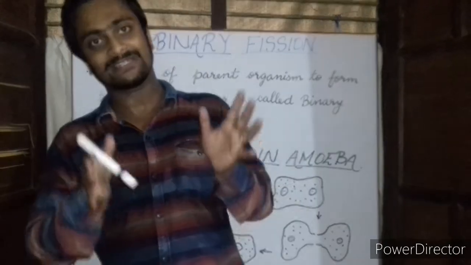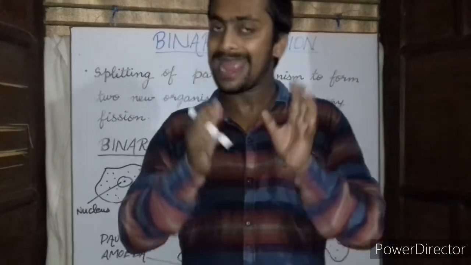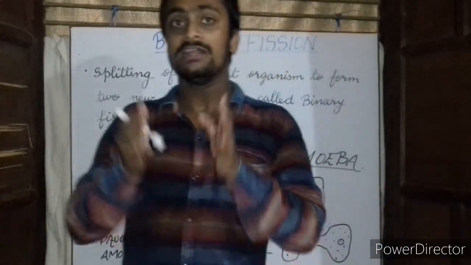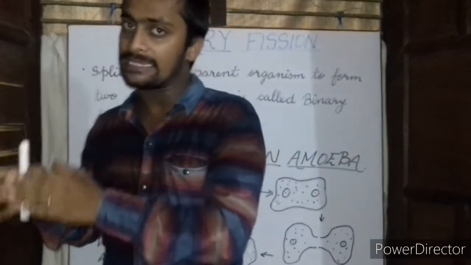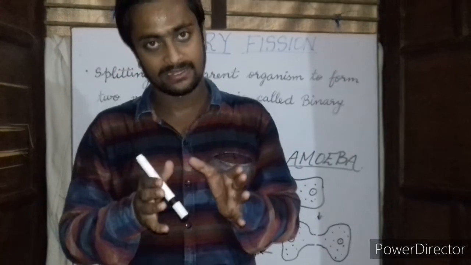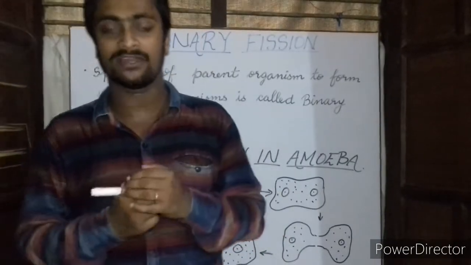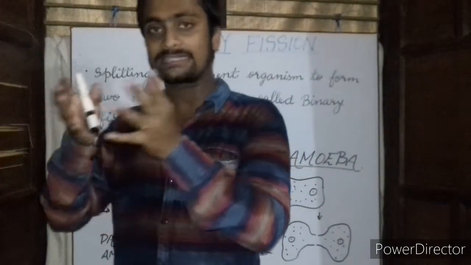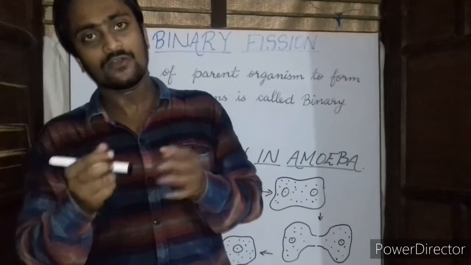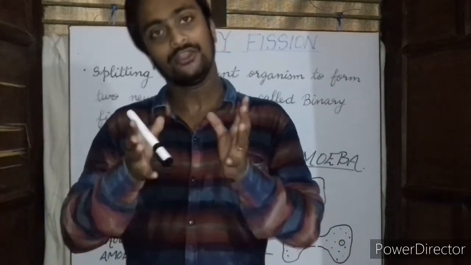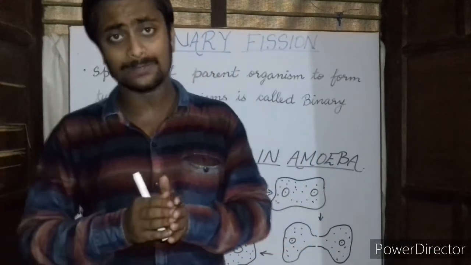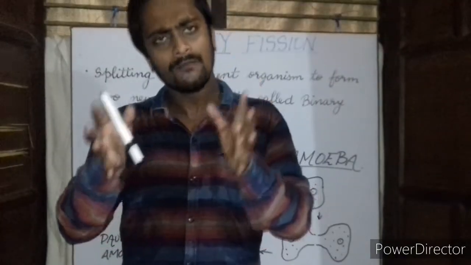Now, the process of binary fission in amoeba might take place in any plane. Paramecium also divides by the same process of binary fission, and in paramecium also the fission might take place in any plane. But in organisms like leishmania, which causes the disease called Kala Azar, the process of binary fission takes place in a definite plane, that is longitudinally. Now we will discuss the process of multiple fission.